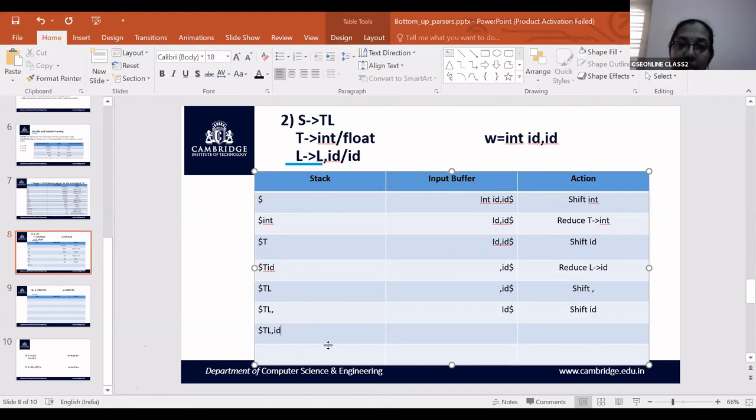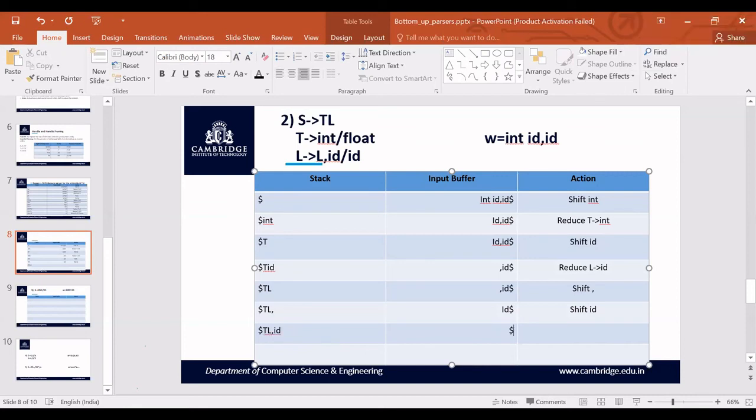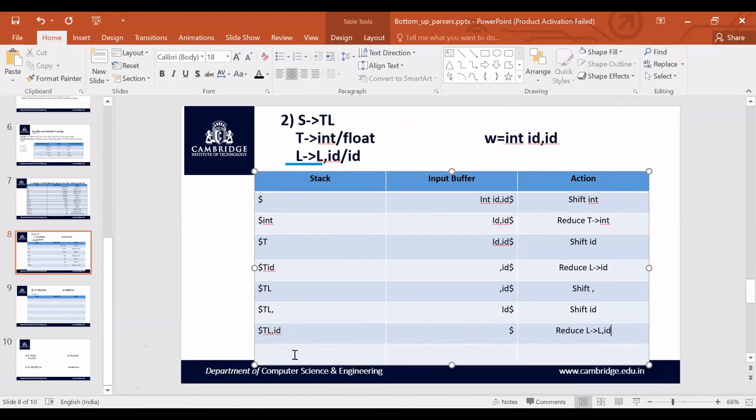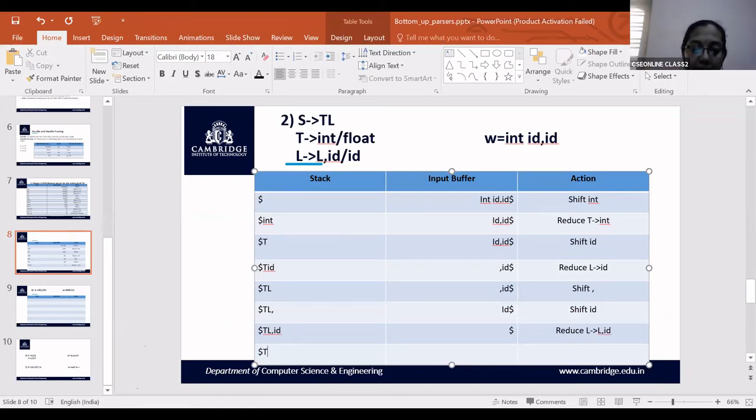Can it be reduced to L? Yes, ma'am. So I'll take all the three symbols and reduce to L once for all. Reduce L derives L comma ID. Now what is happening? Dollar T and L.